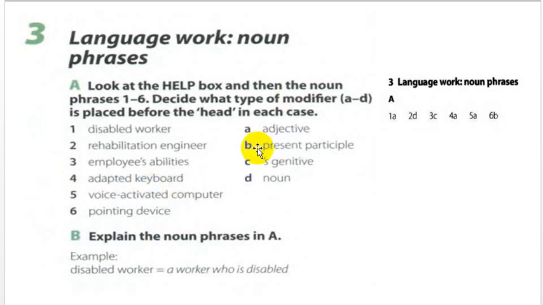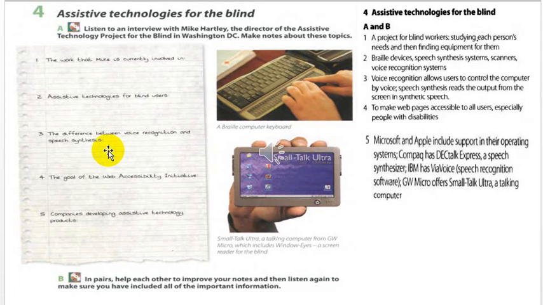Okay, explain the noun phrase with an example. Disabled worker, a worker who is disabled, like this. Rehabilitation engineer, an engineer who works in a rehabilitation company. Okay, task number